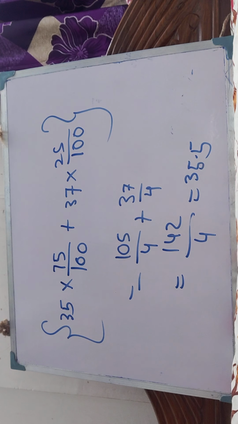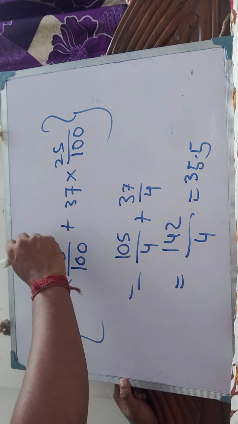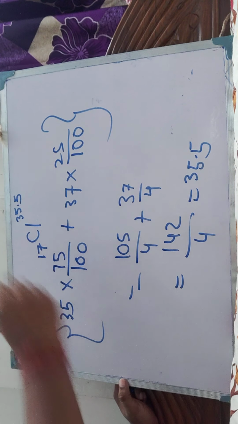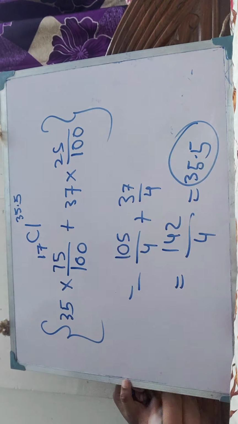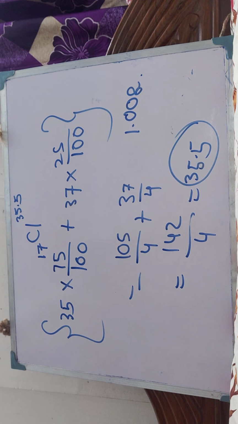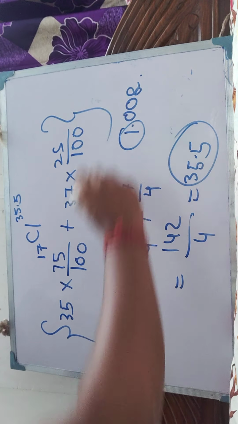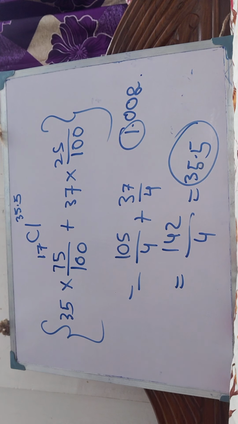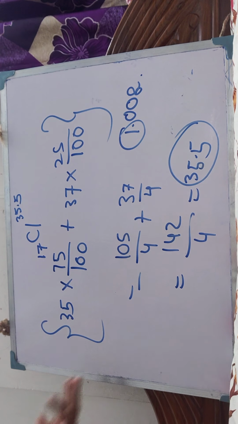That is why whenever we write the formula of chlorine, we write it in this way, 17Cl35.5. Why? Because we always take the average of the isotopes' masses, not only in case of chlorine but also in case of each and every element. In case of hydrogen, it is 1.008, but it is nearly 1. That is why we considered 1 as the original. In case of oxygen, it is 16.0064.